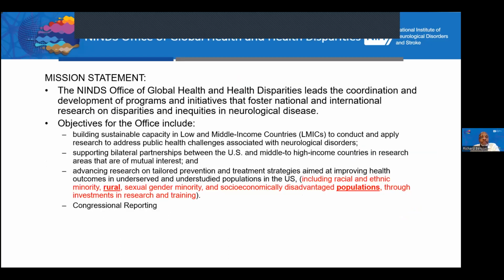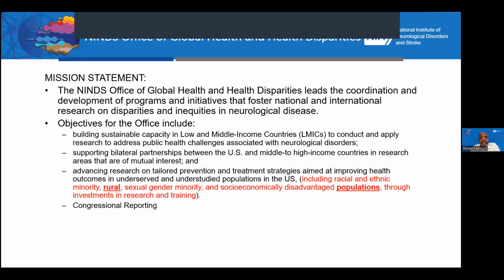My office in particular, the NINDS Office of Global Health and Health Disparities, leads the coordination and development of programs and initiatives that foster national and international research on disparities and inequities in neurological diseases. We do a lot of work with low and middle income countries. We do bilateral partnerships with high income countries. And then we create special programs or special initiatives to address special needs within the